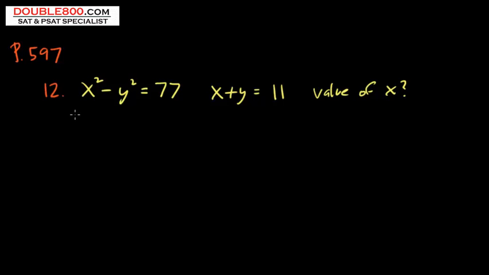In this lesson, we'll review a math problem from the grid-in section. We're on page 597, question 12. This is a moderate problem. We're given that x squared minus y squared equals 77, x plus y is 11, and the question's asking for